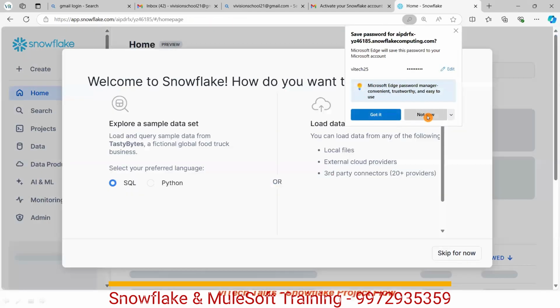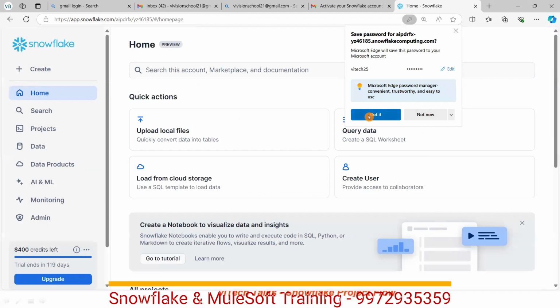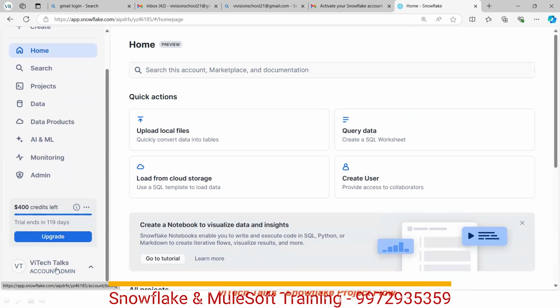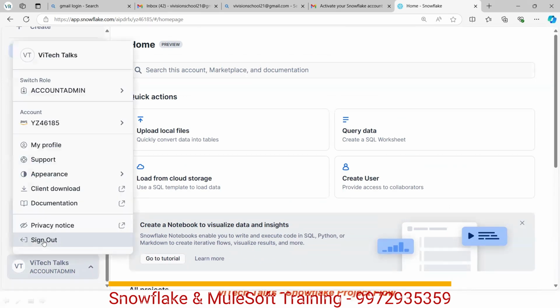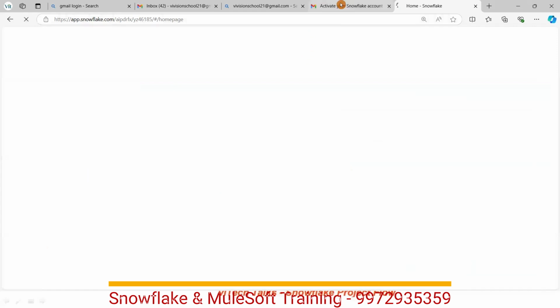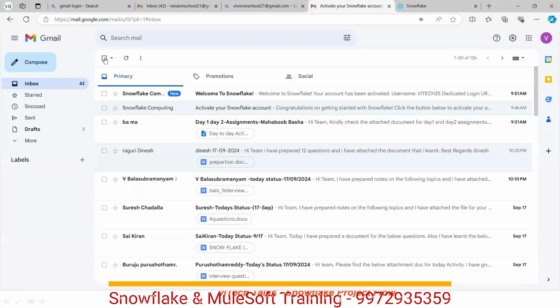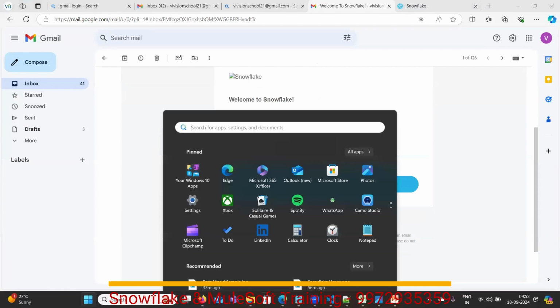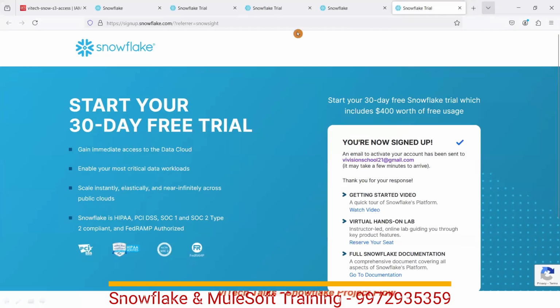Click on Get Started. Click on skip for now. So this is the Snowflake. Wait a second. Let me sign out. Okay. Once you sign out, what you can do is go to your email ID. Always go to your email ID. Once you create your username and password, there is one dedicated login URL. Always remember this username and password and this dedicated login URL. It's very, very important. Now copy this dedicated login URL